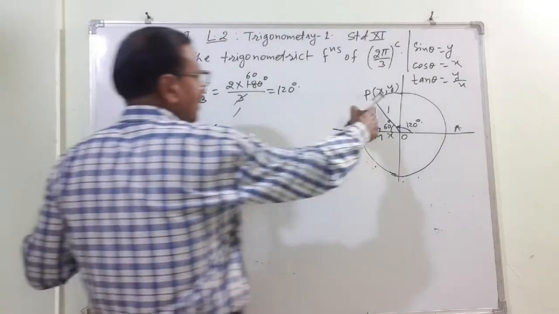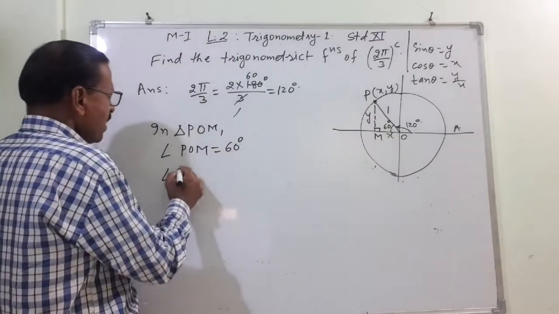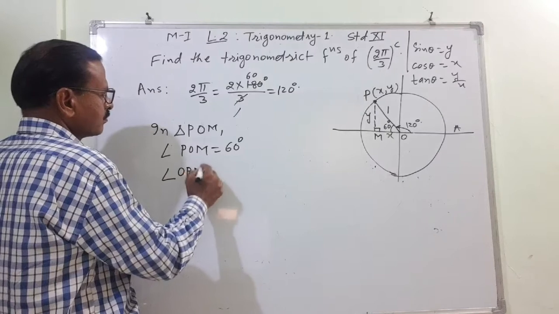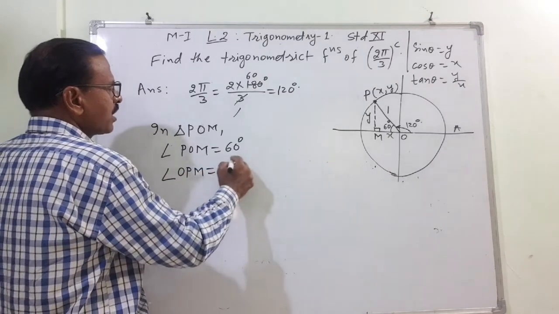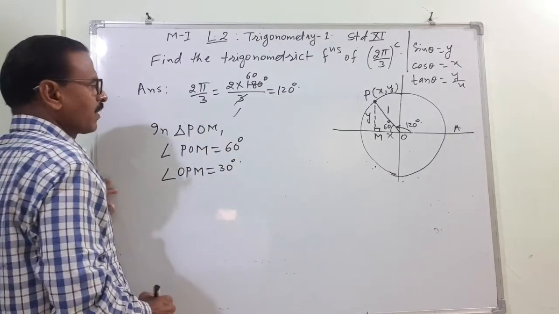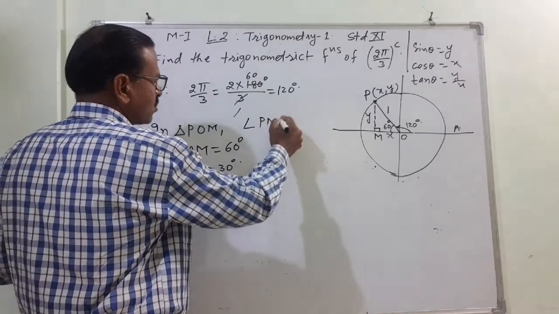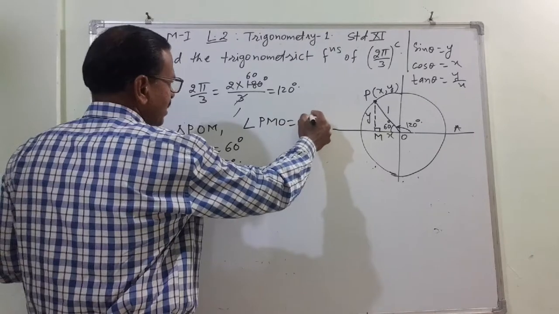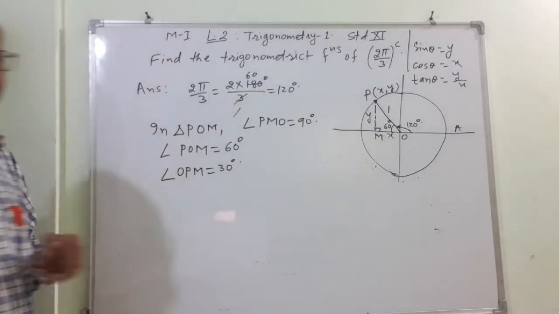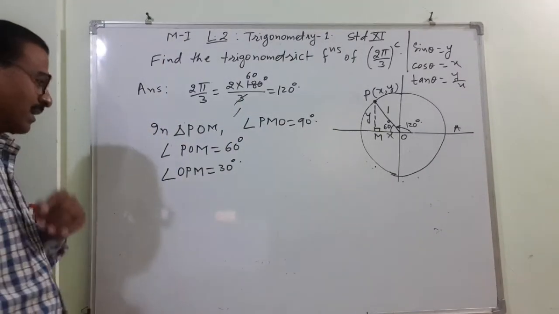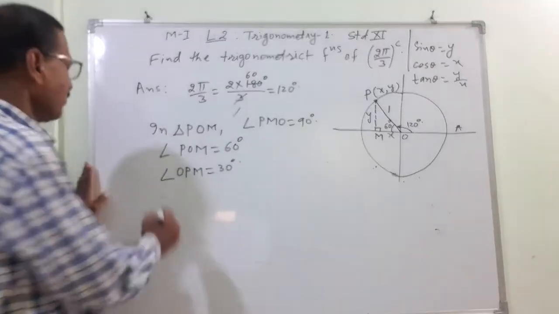Angle OPM is equal to 30 degree. Angle PMO, this also I will write, is equal to 90 degree. So the trigonometric functions are defined for the right angle triangle. Therefore,